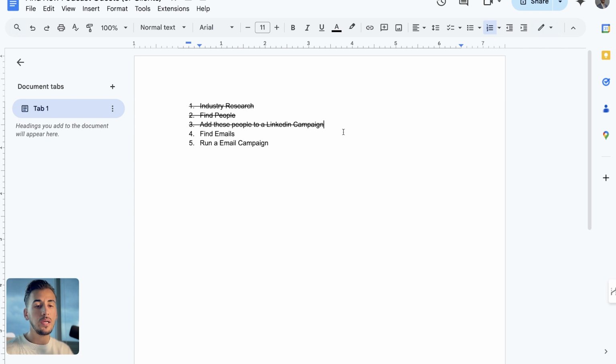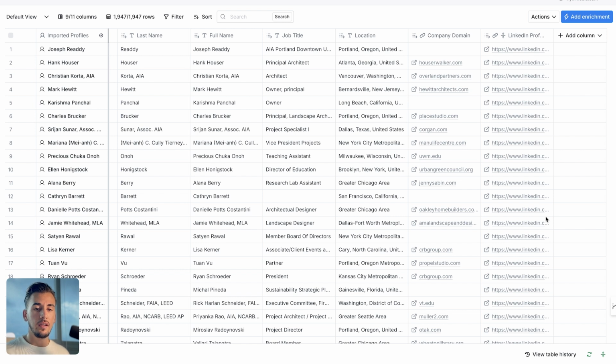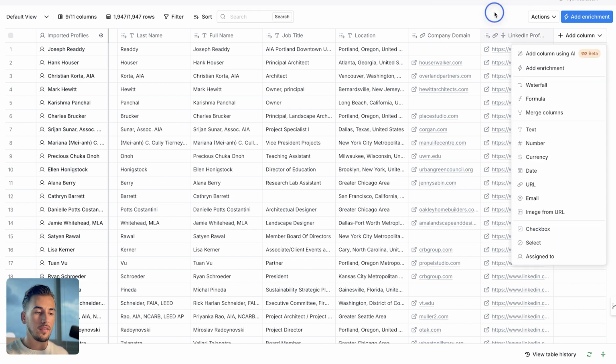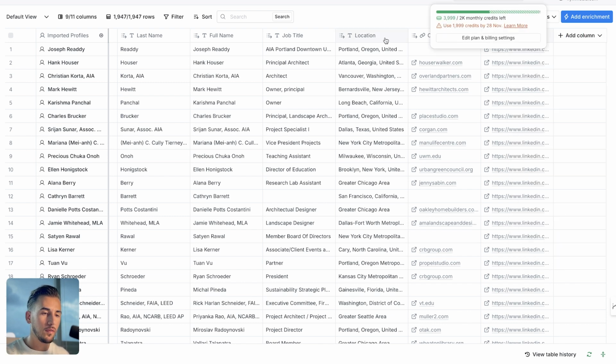So what can we do next if we want to find emails to reach out to these people directly? The good thing about Clay is that it lets us use all the data that we have here and connect with hundreds of other providers that can help us enrich this data. Okay, so it can help us connect with providers that give us email addresses and so on. The best possible way, but this is when it gets a little bit expensive, right? We have credits that we need to spend.